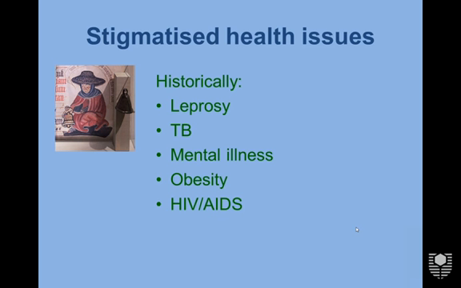But there's less stigma about TB today. It is seen as an infectious disease. It is treatable. We understand more about it. But historically, people were very scared about catching TB. The disease wasn't understood, and people were stigmatized for having it. Mental illness is still stigmatized, and there have been public health campaigns to change this, but in many societies around the world, people are afraid to admit that they suffer from a mental illness.